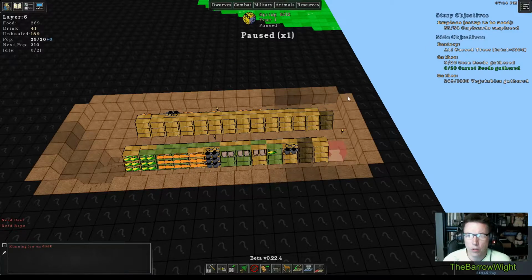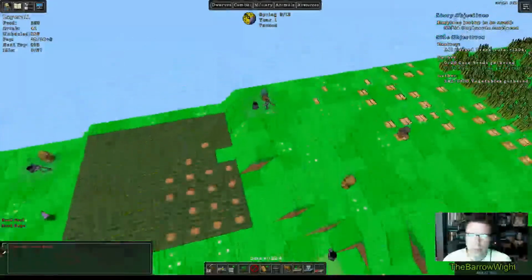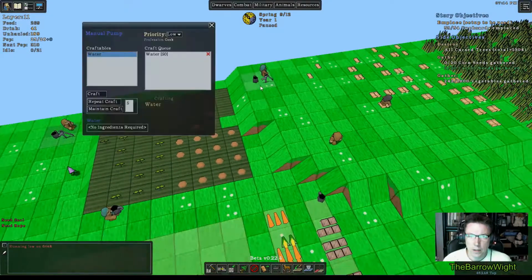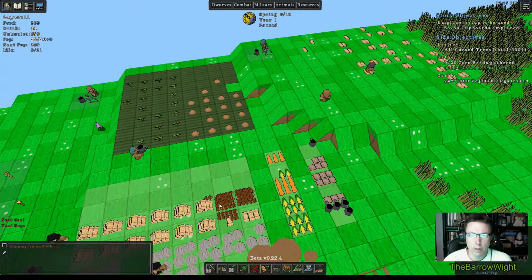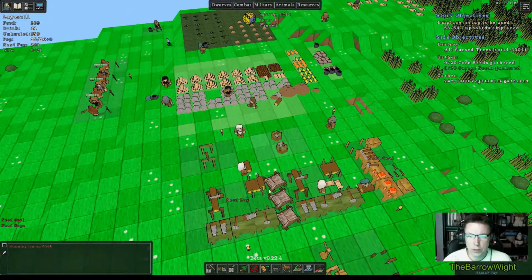But it says I'm running low on drink. Why would that be? It says 41 drink. I have a guy here pulling drink out of the ground, and I have it set to do 50. Maybe I better build another pump just to make sure I have enough water, especially if I'm going to be watering crops. So to do another pump, I believe the pump was built